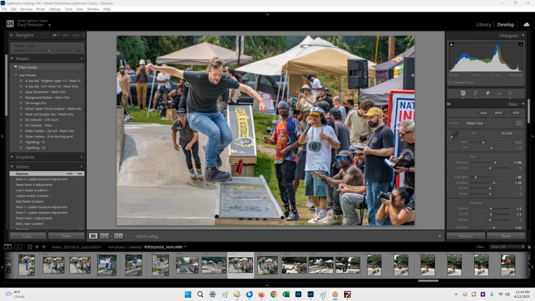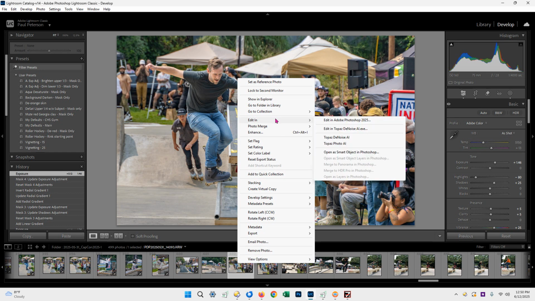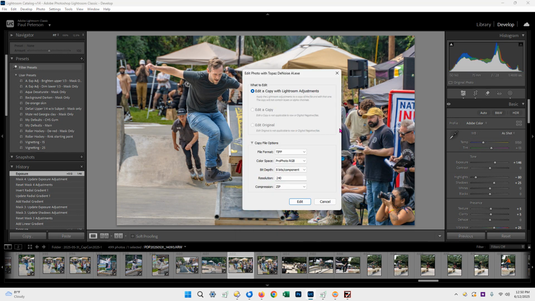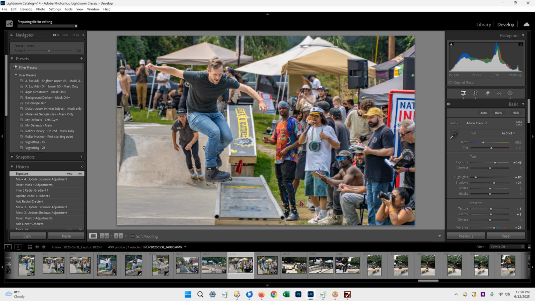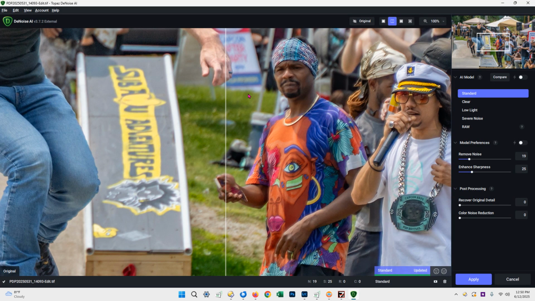One last application I'll often use to wrap up the editing process gets rid of digital noise, and that's Adobe Labs Denoise AI. Now, that's their older program that they no longer support. Their newer one is Photo AI, and I just like the options that the older product gives you. In Lightroom, you would just select the image and then edit in Topaz Denoise AI, and it makes a copy in Lightroom and then sends that copy over to